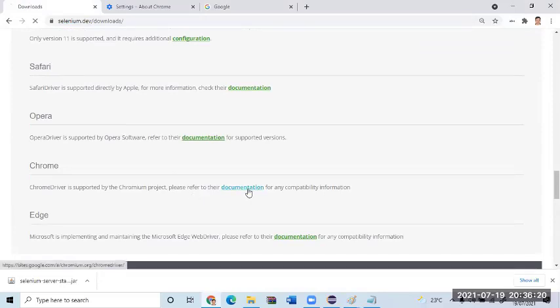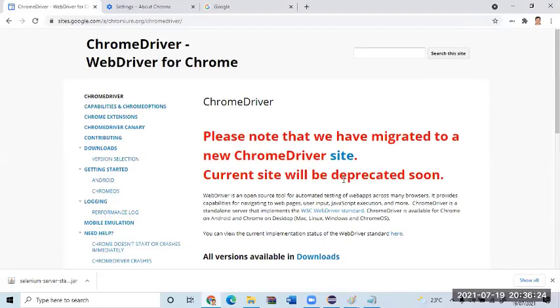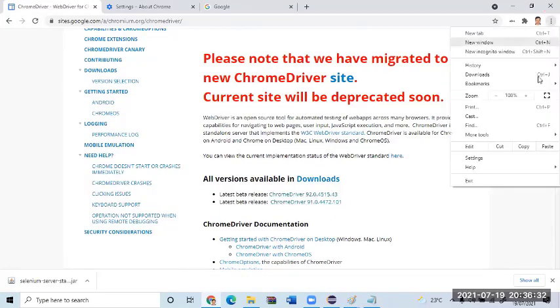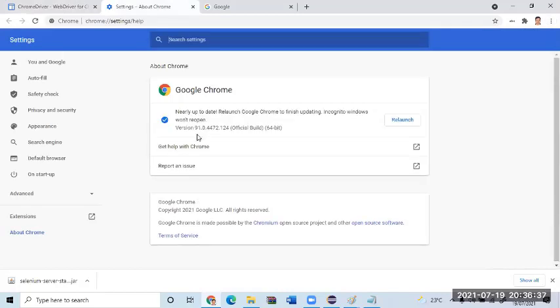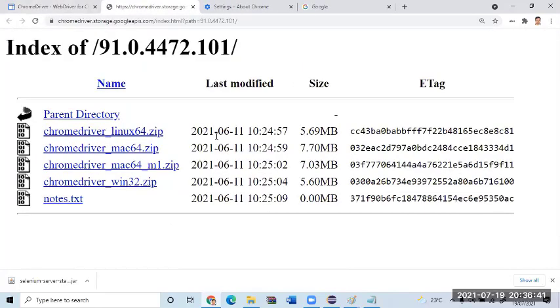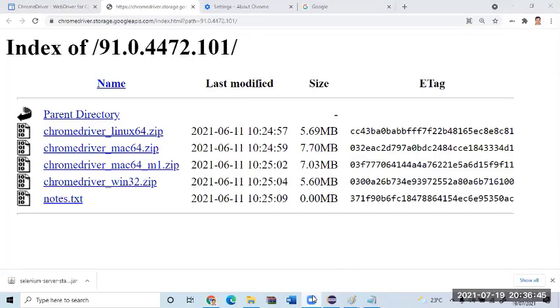I will go with the documentation. It will tell you the full story, and if you have patience, you can go through that. In this example, can you see here, downloads are available. The latest is beta. Hold on a second. We have 91. What is my browser version? 91. I'll click it here. Most of you will be using the same thing. I will put it in the chat so that you can access it. Just give me a second.